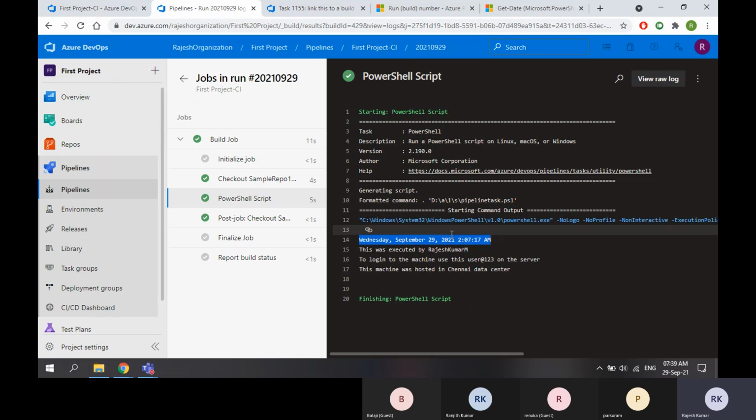Most probably the Microsoft hosted agents will always have UTC time, guys. So don't get confused with this time. It's 7:40 for us now, and 2:07 here. UTC means minus 5:30, since we are UTC plus 5:30. So UTC means UTC plus or minus 0.